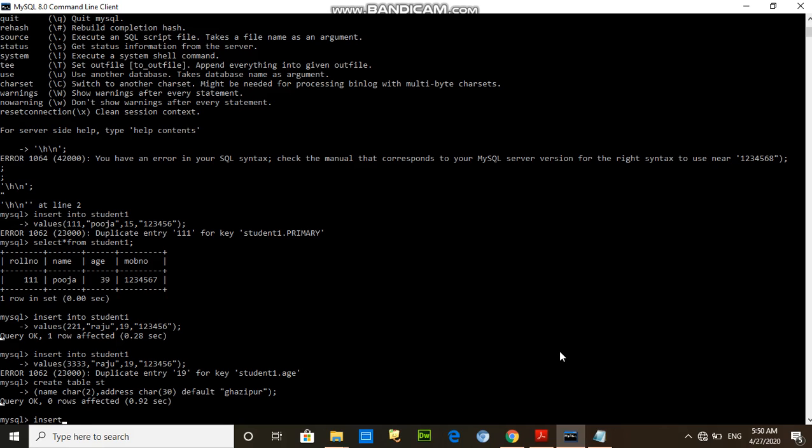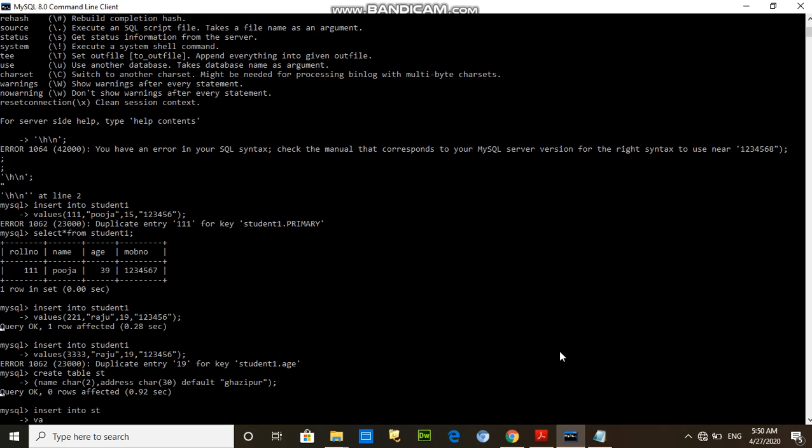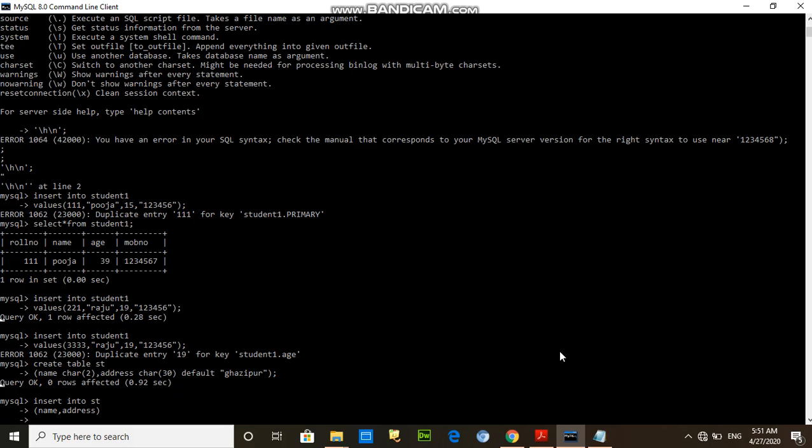So insert into st, then values, and the column names. Here the column names are name and address. So this time I am giving full column values: name Smith and address Valiant.